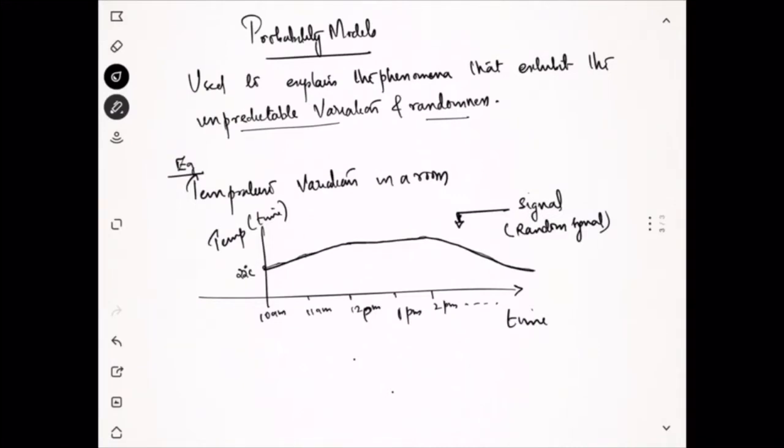So in order to explain the probability model, we need to first know the probability theory in detail. So first of all, we will discuss the probability. What do you mean by this? The probability theory usually deals with the averages